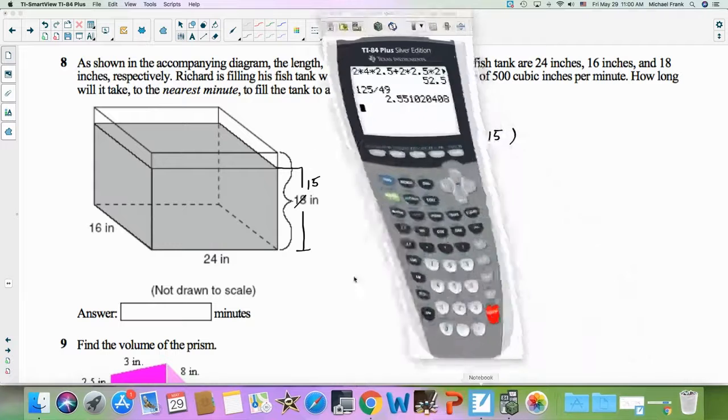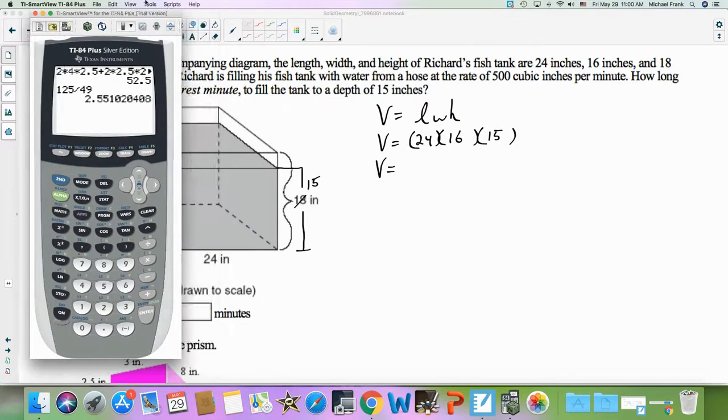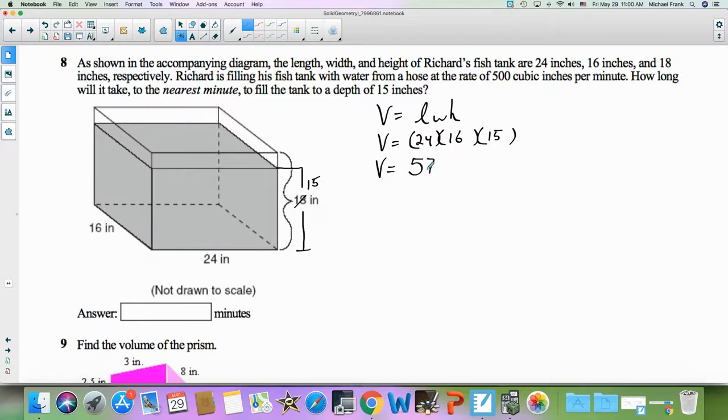So the volume of the water in this case is just going to be 24 times 16 times 15, which is going to be 5,760 cubic inches